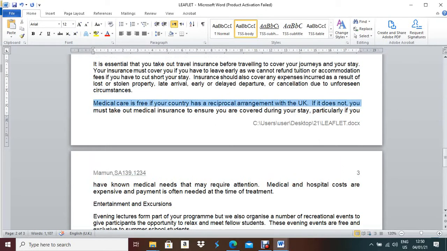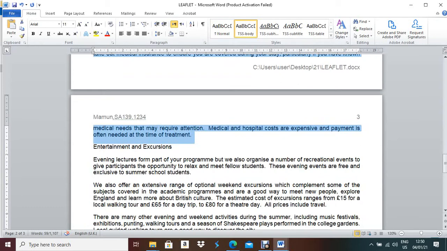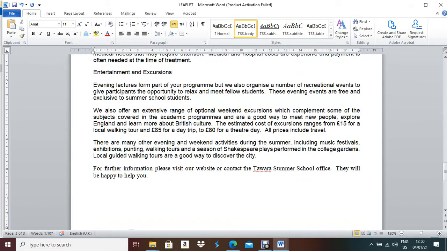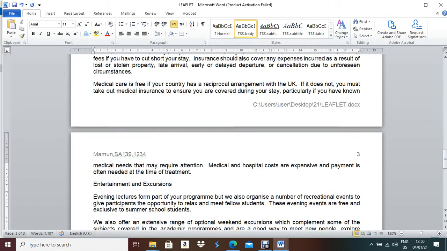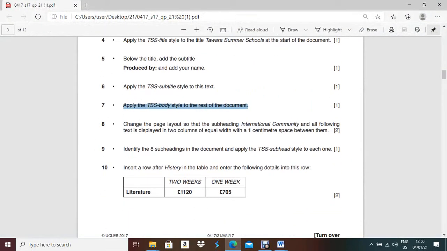You have to apply this one, TSS body. Then this thing is okay, this one is okay. This part you have to block and apply TSS body. So you have to do it very perfectly. So check. Now next one, change the page layout so that the subheading international community and all the following text